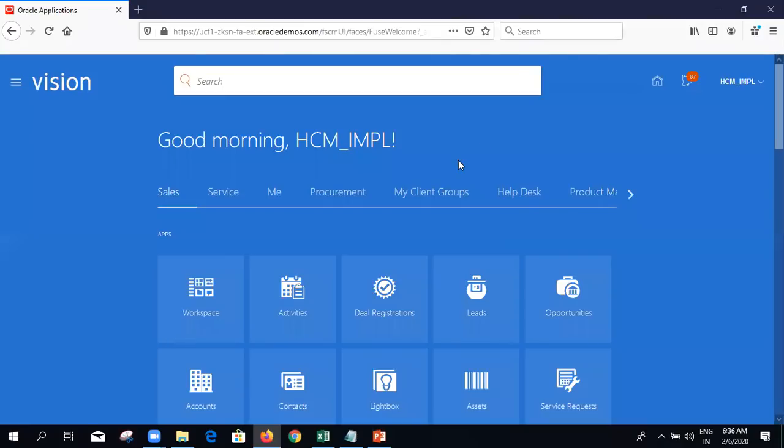And we also discussed the security concept, how security is built into the Fusion application, and how access to the screens is provided to particular users. So what is the navigation for that? We have to go to the security console, create the user accounts, and add the respective roles to the users. Only with those respective roles will the individual user get access to those particular screens.